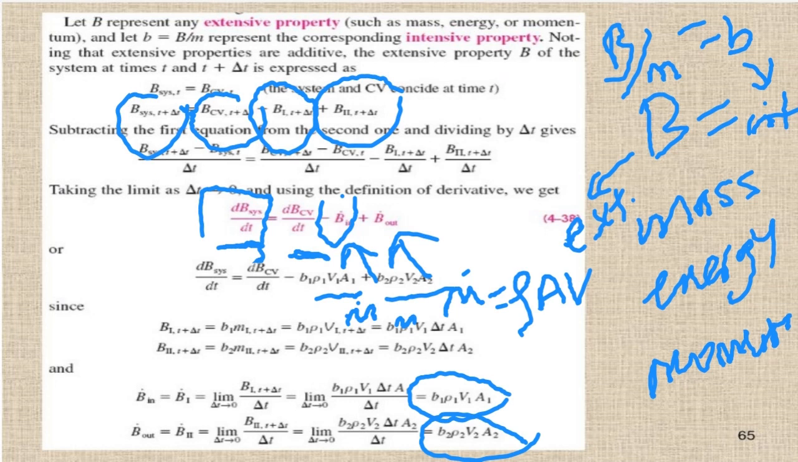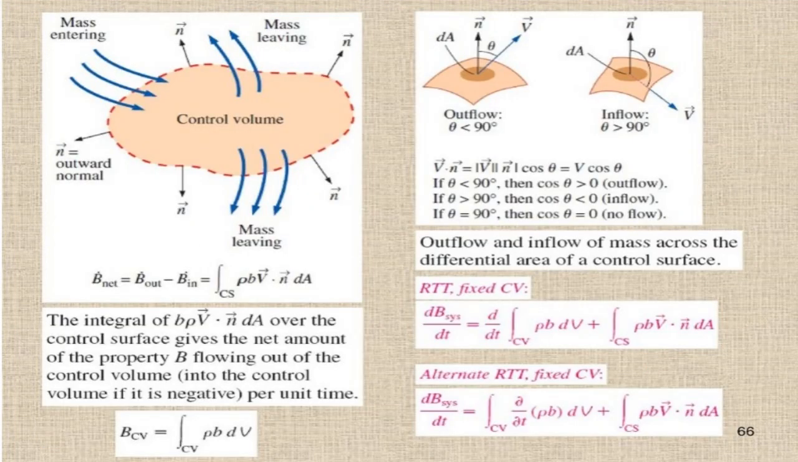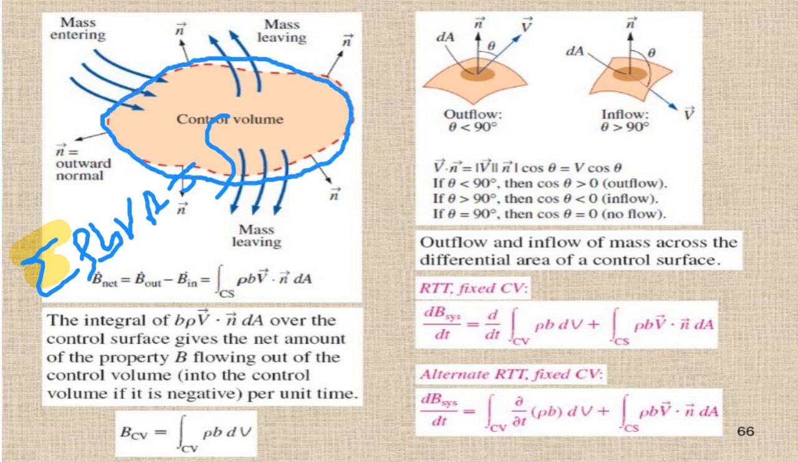If you have infinite numbers of inlets and outlets, so instead of taking the summation of rho b VAs, the summation can be given as an integral, and in the integral you will take the integral for the whole area. This is the whole area. Integration is performed on the whole area. You have rho already, b already. What do you get when you have